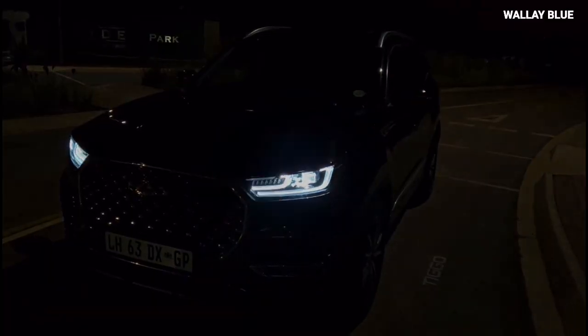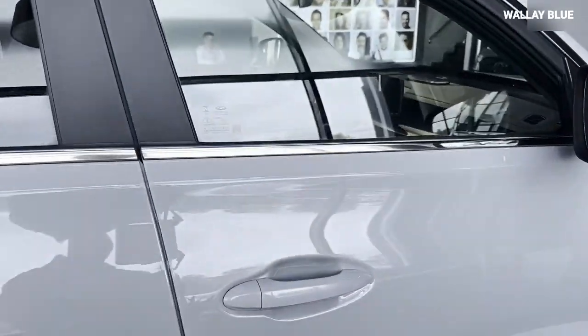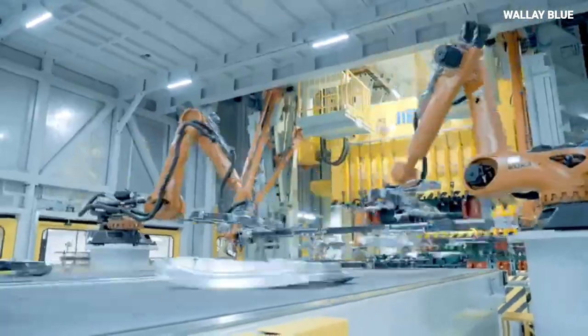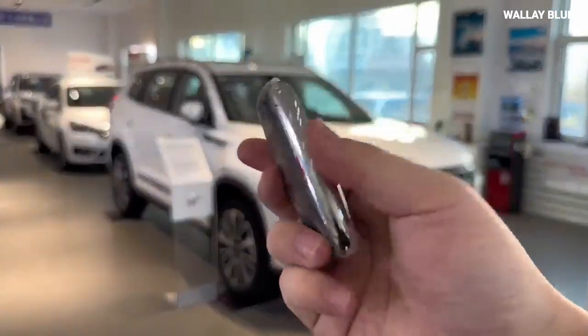A car that combines luxury, spaciousness, and the latest technology features in a single vehicle. How much would you expect it to sell for? A Chinese car maker has defied the notion that luxury cars must be expensive to ensure better quality. Let's find out if the vehicle made by this Chinese automaker, Chery Auto, lives up to the expectations of a